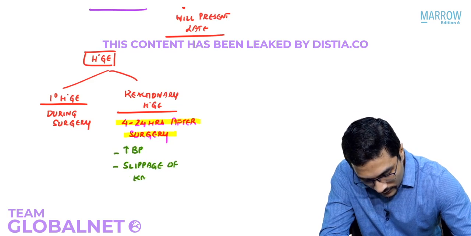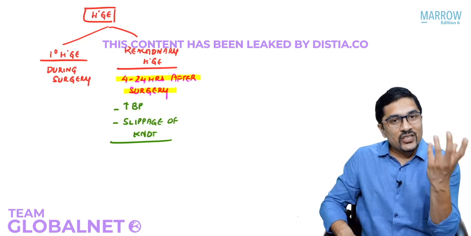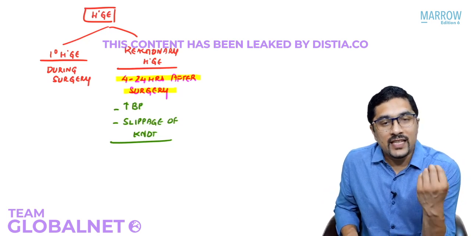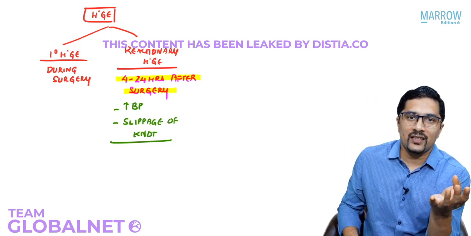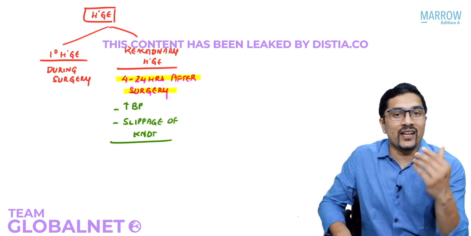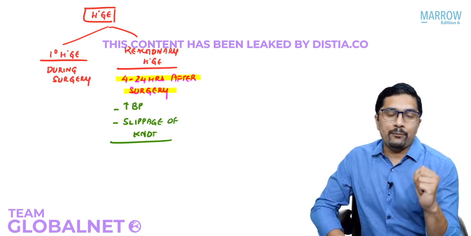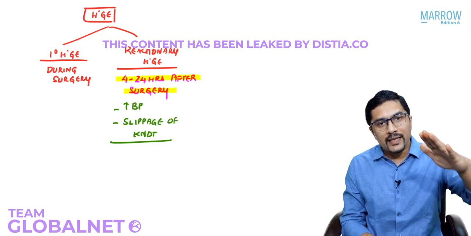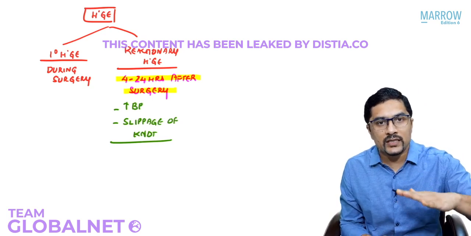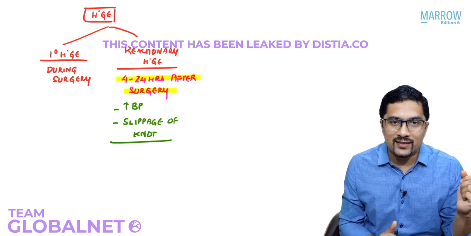Slippage of knot. In previous modules, we've spoken about surgical knots. Which knot would the surgeon have used which can slip easily? Yes, if you use a granny's knot, then it can slip and it can give rise to a reactionary hemorrhage later on. Also, what happens is that supposing when I am doing a surgery, the anesthetist maintains the BP at a lower range than normal,